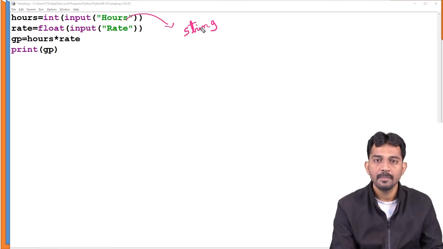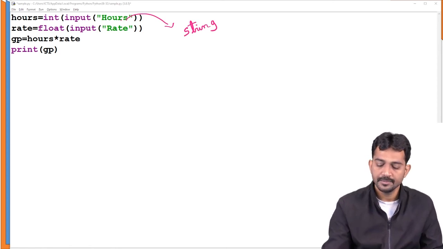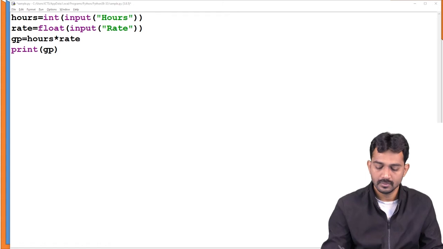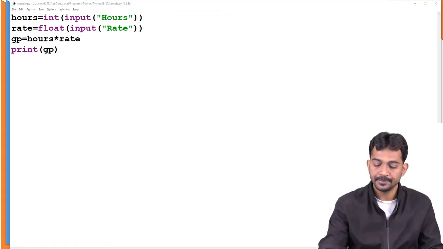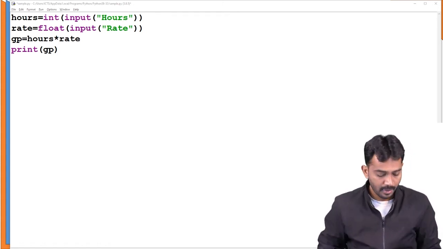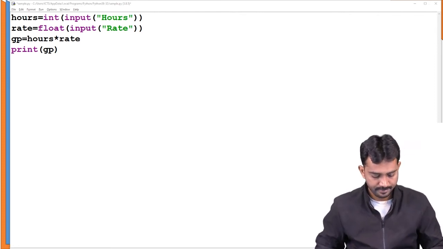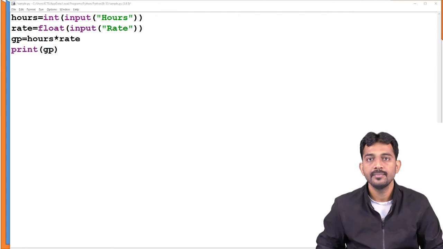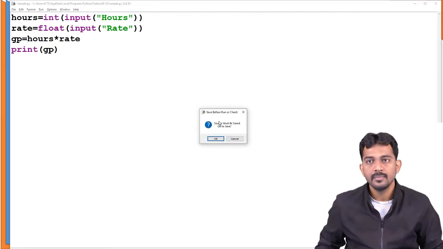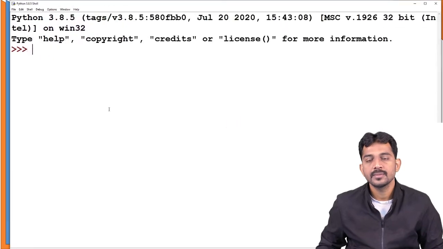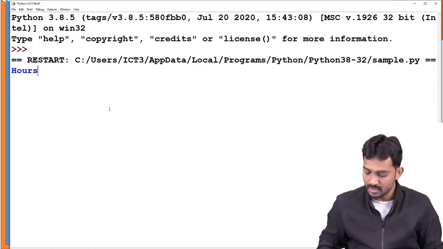To overcome that, simply convert into the particular type, whatever they have given, right? If you execute the same code, yes, hours.